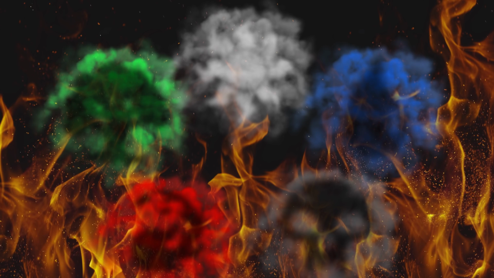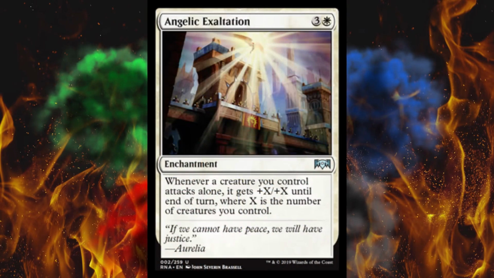So first up, we got Angelic Exaltation. It's a 4-cost enchantment, very difficult to remove in sealed. Whenever a creature you control attacks alone, it gets +X/+X until end of turn, where X is the number of creatures you control. So a lot of times creatures win games, in fact almost every game, and